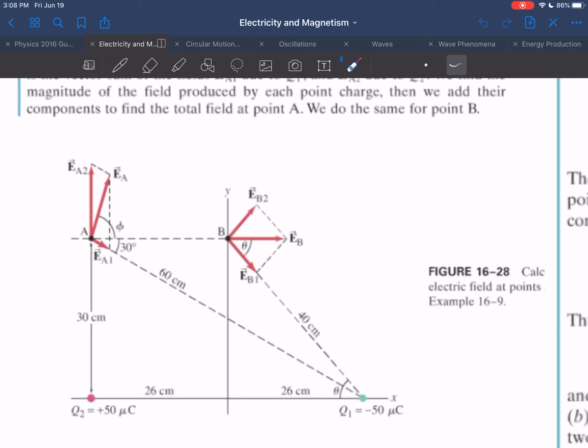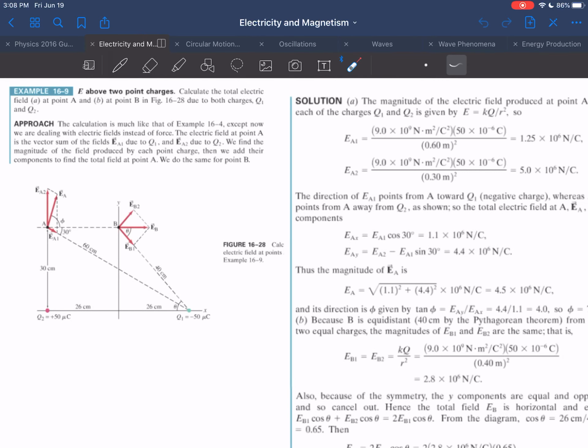Now, how do you get this algebraically? Well, algebraically, this is a particular value. We can plug that in to find KQ over R squared, and this is a particular value. Same deal. Those calculations are shown here. Those both involve plugging in for K, for the correct Q, and then you have to attend to the correct distance. So the distance to the positive charge is 30 centimeters. The distance to the negative charge is 60 centimeters. Once you have these two magnitudes, those are the magnitudes of EA1 and EA2,